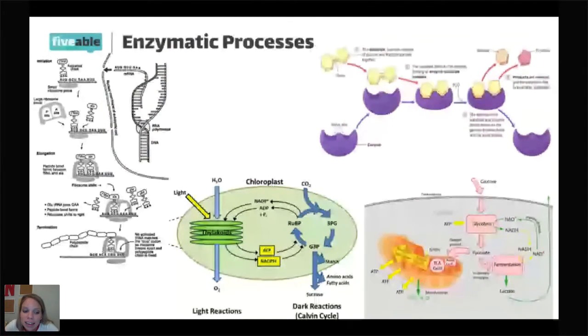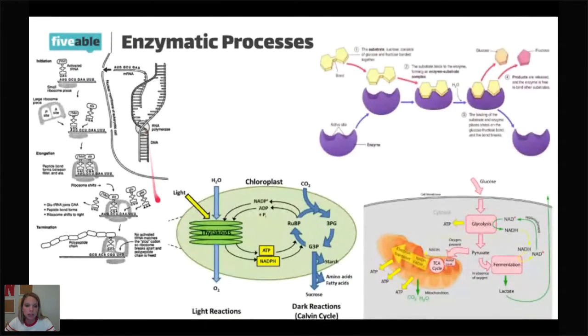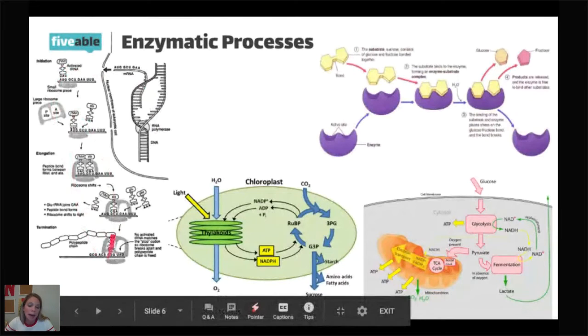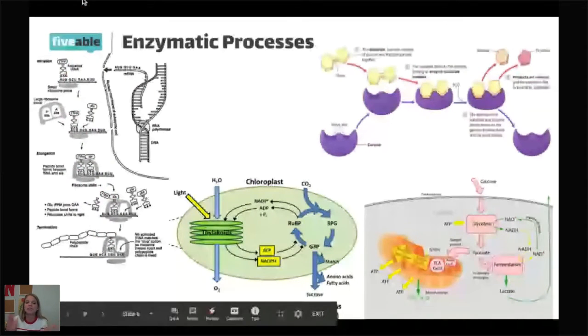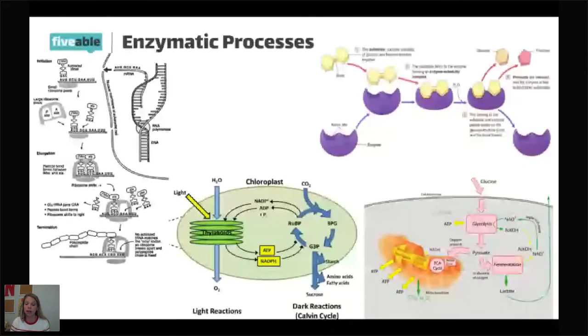Where does DNA live? In the nucleus. Very good, Tria. So that enzymatic process is starting in the nucleus. And then you can see it leaves the nucleus, and then it's going to go out here. And we know proteins and things are packaged in Golgi bodies and endoplasmic reticulum, so it's going to move out there. But either way, we're sticking to very specific organelles to do very specific jobs. One other thing I want you to notice, mitochondria and chloroplasts as well.